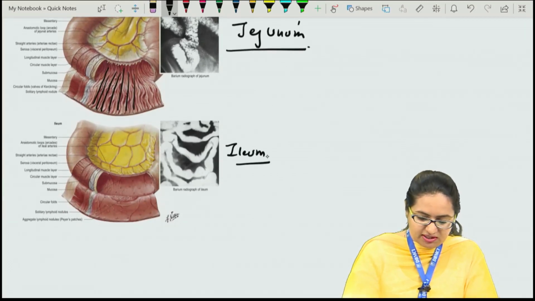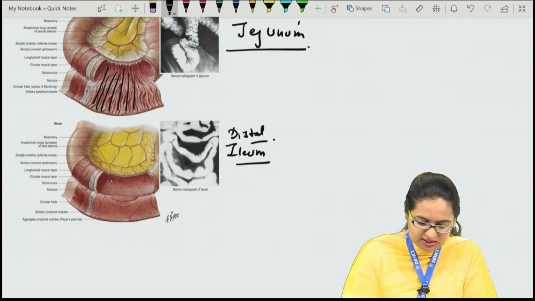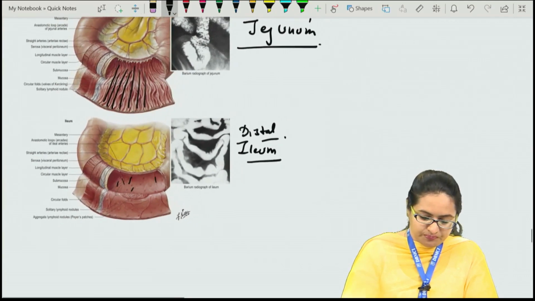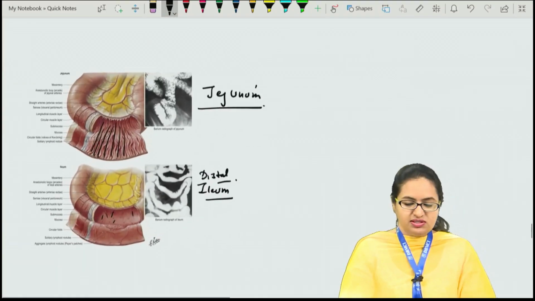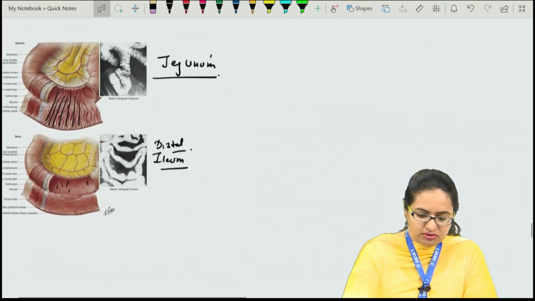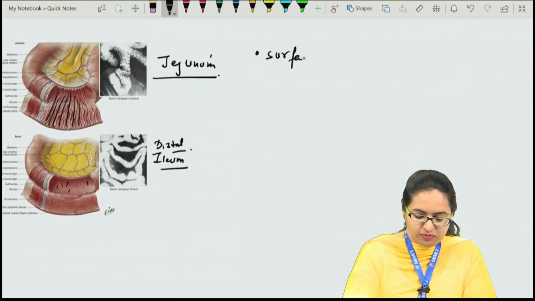this section has been taken in the portion of distal ileum. In the distal ileum we can see very slight folds, very few folds, very small folds. Now these plica circularis are basically mucosal folds which increase the surface area of absorption. So they are there to increase the surface area of absorption,